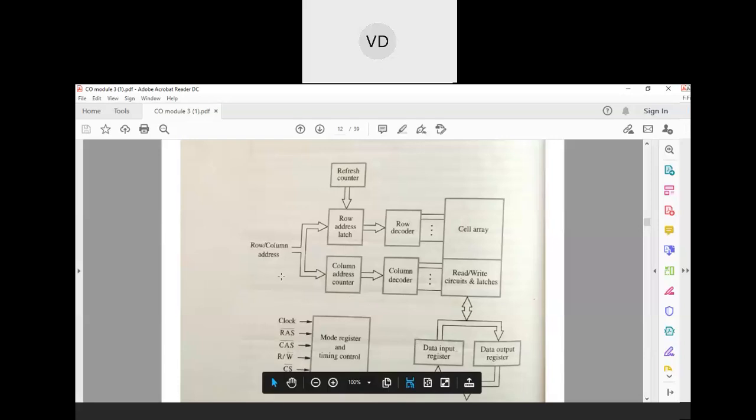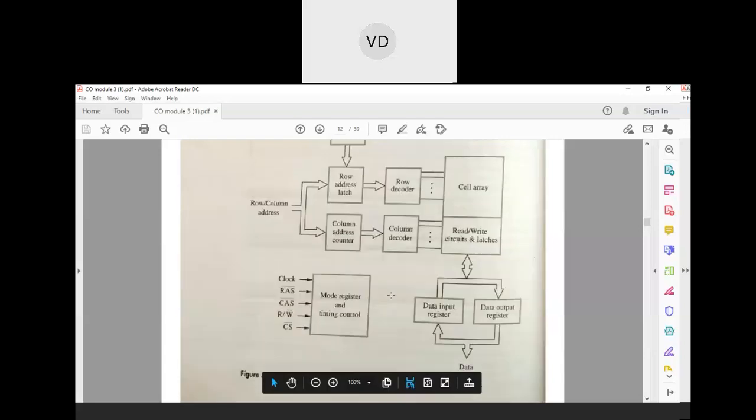You can also see here that the row address and column address are not given to these latches. They are given to another block called the mode register and timing control block. This mode register and timing control block will generate the row address strobe, column address strobe, chip select, read/write, and clock signals. So this is a synchronous